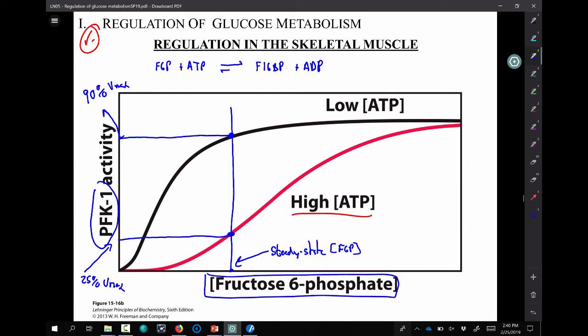And honestly, there would be other enzymes that would be sensitive to this in glycolysis, but flux through glycolysis will go down. ATP levels change and you have this big jump. Okay. And it can be a really fast jump. They're very sensitive and very quick to respond in this way.